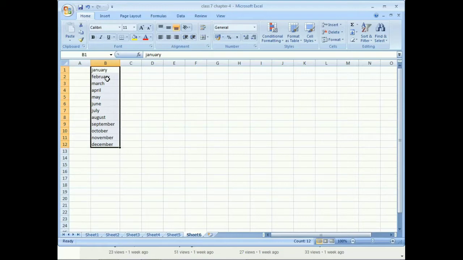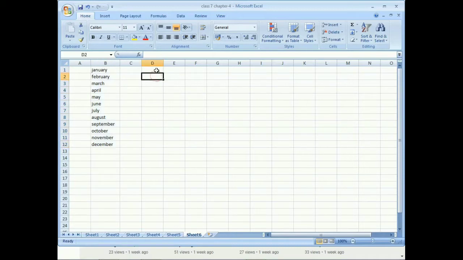This is the autofill process. There is February, March, April, May, June, July, August, September, October, December. So there is no need to type everything in this format. You need to type only one name of the month, and after that you can drag downward, so the related content appears in your cells.